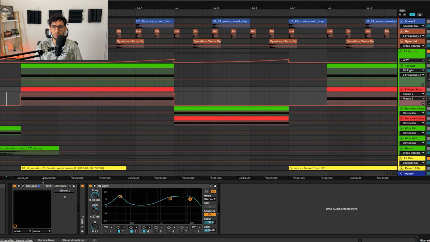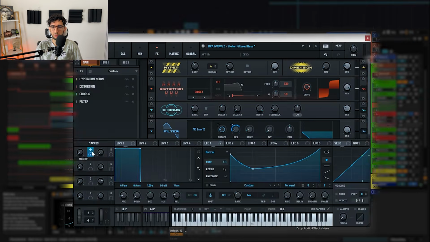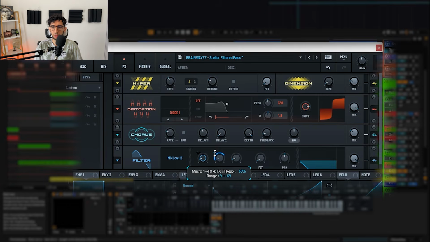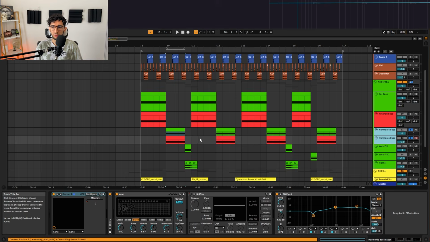But for me, around 84 in the macro was pretty good. So this is the amount that I'm doing for the macro. This is the amount of resonance. And yeah, that's for that filtered bass sound. Now let's move on to this section,